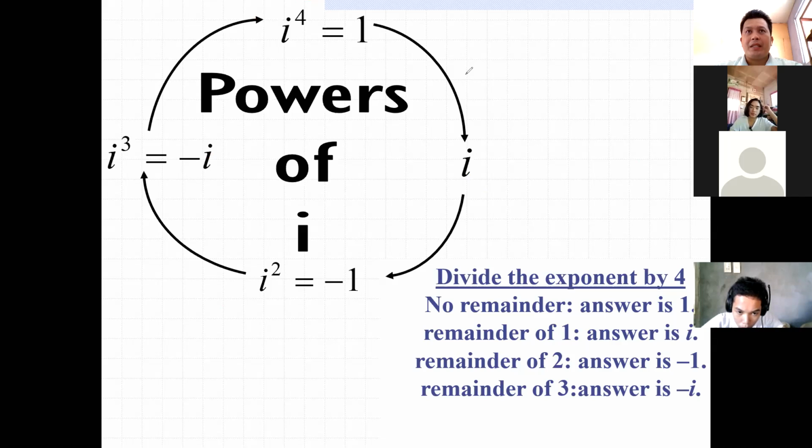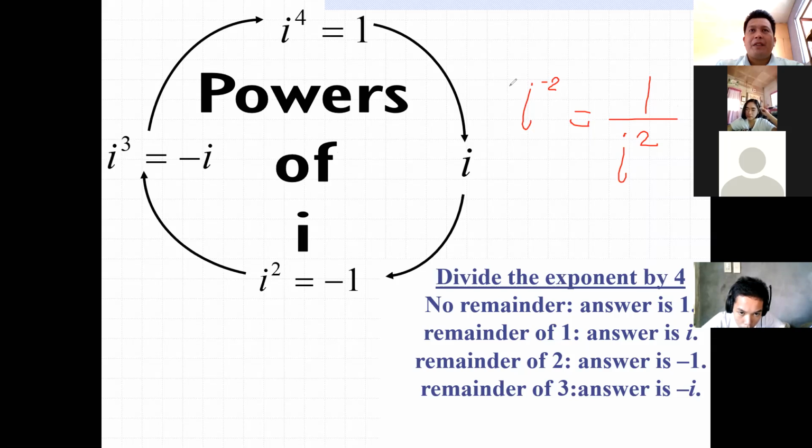What happens when we raise a value of i to the power of n, but this is found in the denominator? It is still the same. You have 1 over negative 1 because i squared is negative 1. So 1 divided by negative 1 is still negative 1. But what if this is in the numerator, for example, i to the power of negative 2? Use now the negative integer exponent and perform the indicated operation. So still, there is a solution to every value here, whether the exponent is positive, negative, or the like.